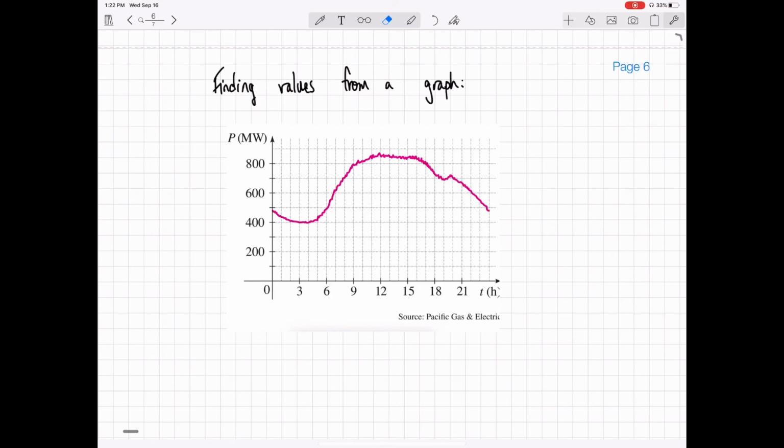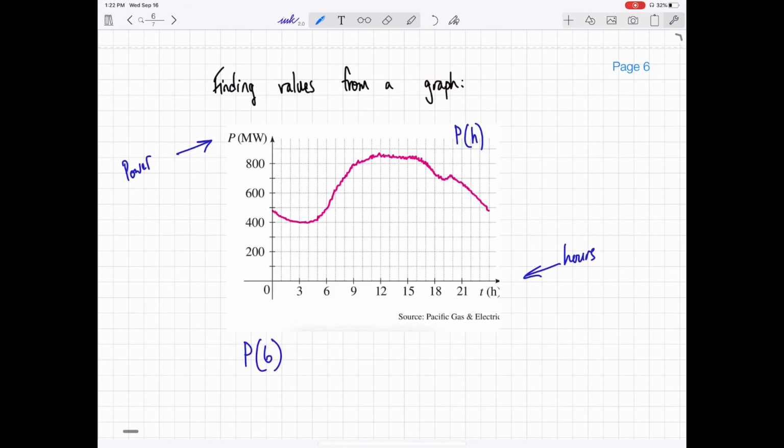Okay, last example we're going to look at is just how to find values from a graph, and this is pretty simple. For this problem, the x-axis represents our hours, and the y-axis represents power. So this would be p of h, that's the name of the function. So I'm going to move that up here. This is p of h. So if you were asked to find p of 6,